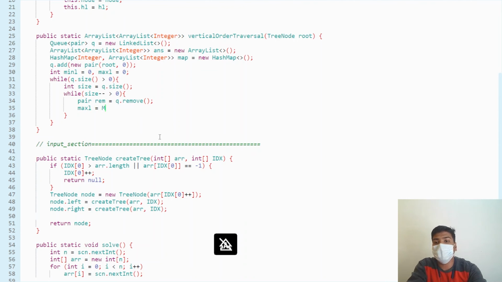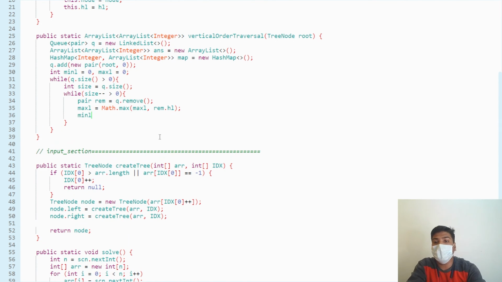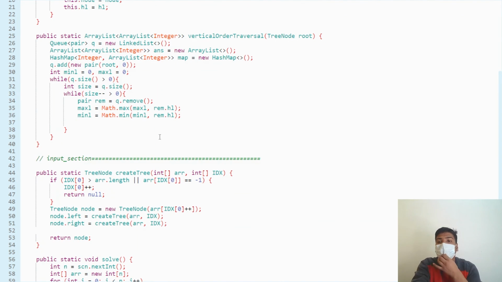So maxl is equal to Math dot max of maxl comma rem dot hl, and minl is equal to Math dot min of minl comma rem dot hl. Okay, so this is what it will give. And after that